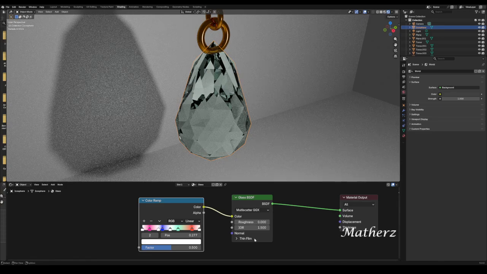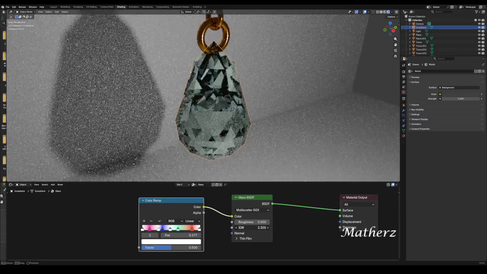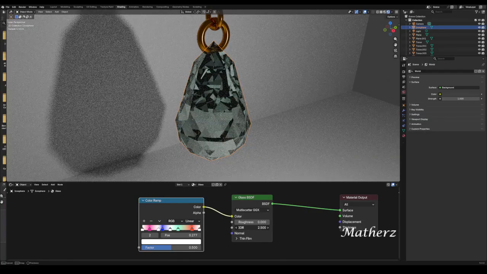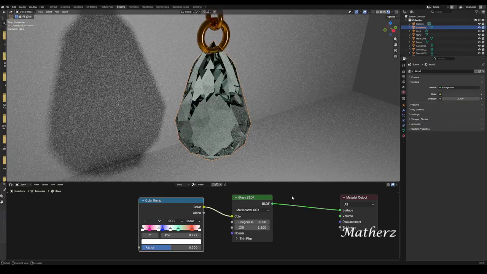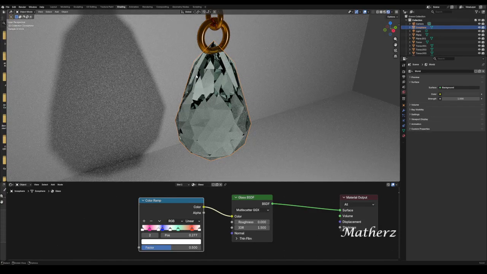I quite like that actually. You can also mess around with the IOR if you wanted to, make those folds a little bit deeper, make them less, something you wanted to do. I'm going to put this back to the original. There we go. Okay, so what I'm going to do with this, I'm going to put some lighting on it